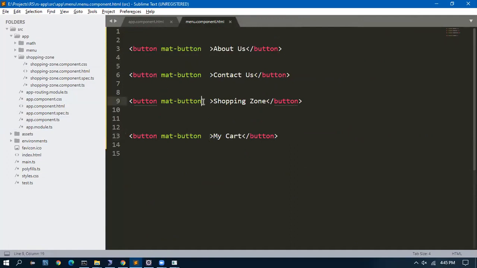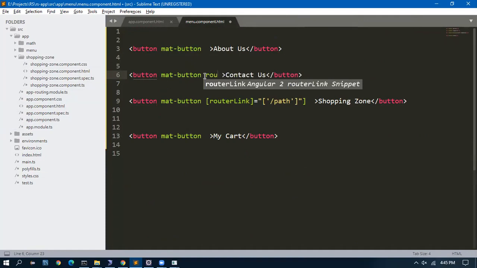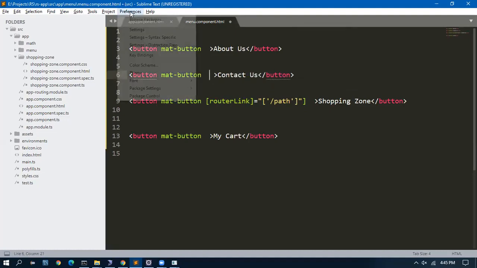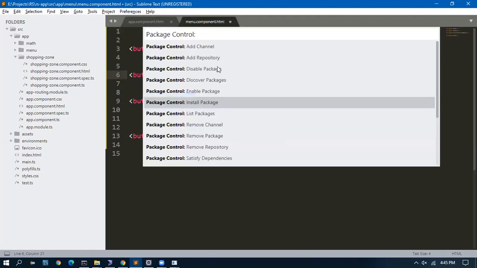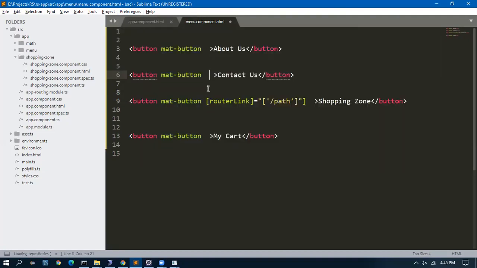So the last thing is I have to give here router link. Router link equal to shopping zone. By the way, you asked about the router link snippet for Angular 2. It is coming from this plugin, Angular 2 snippet. If you go to preference, package control, install package, and